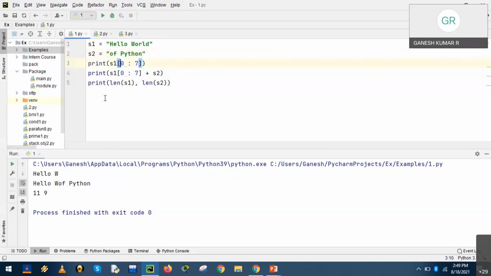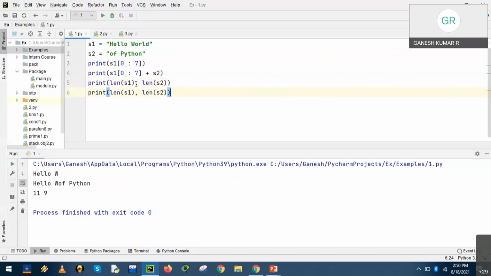Since it's a single print function, we have got the output in one statement. If we have 2 print functions, then obviously the output will be displayed in 2 lines. So for example, let us modify the same a little bit.